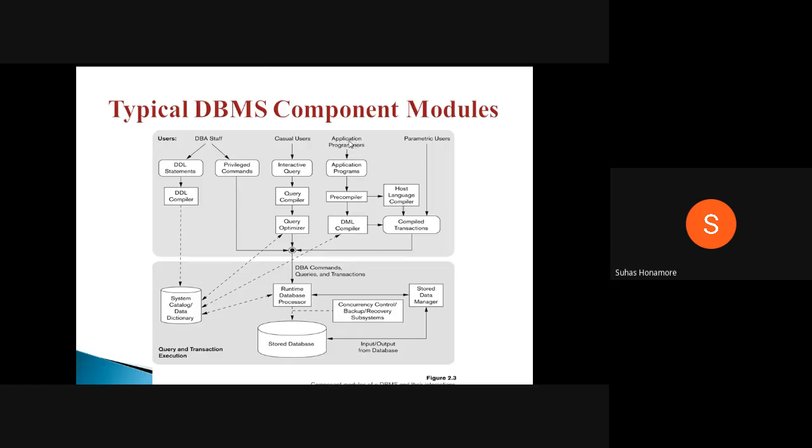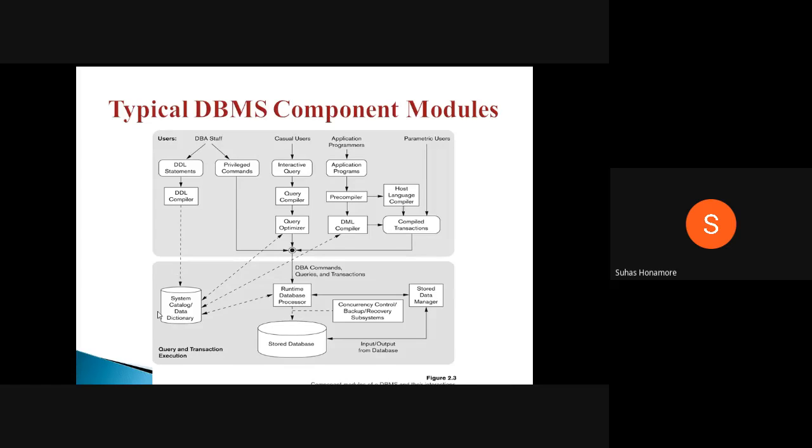And one more thing is the application. Any application has to access the database internally. For example, for a video website with a database, what we do is go through an application like Google Chrome to their website and see the result. That is one kind of application. So from the user point of view, there is the administrator, the casual user, the parametric user, and one application that interacts with the actual database. These are the four things.